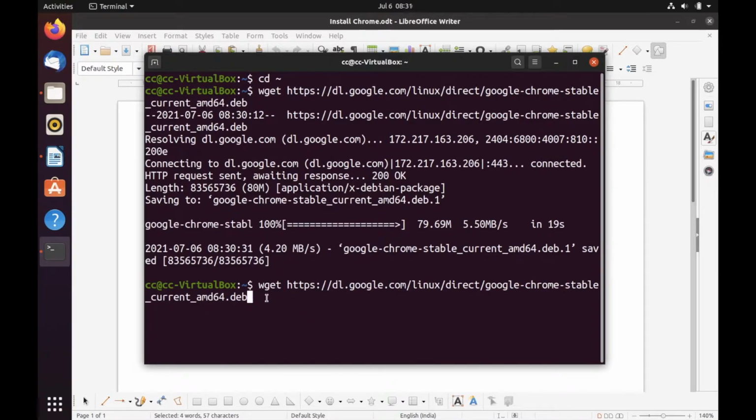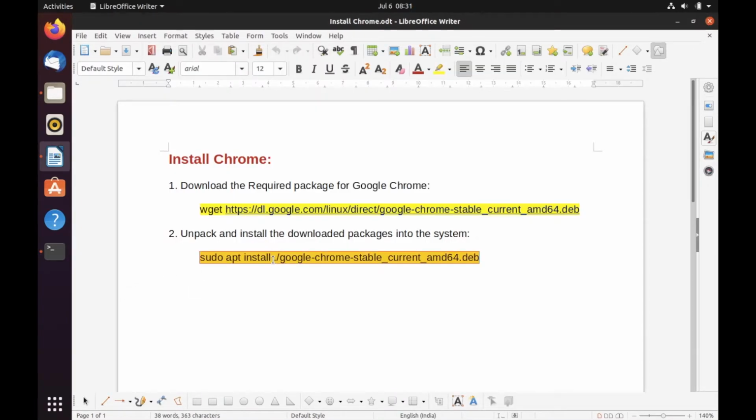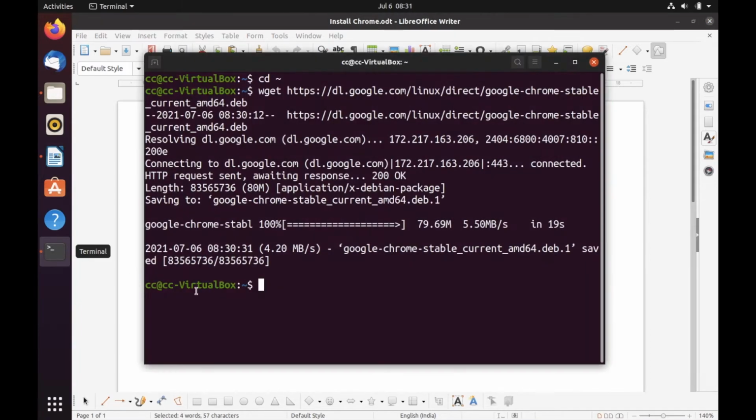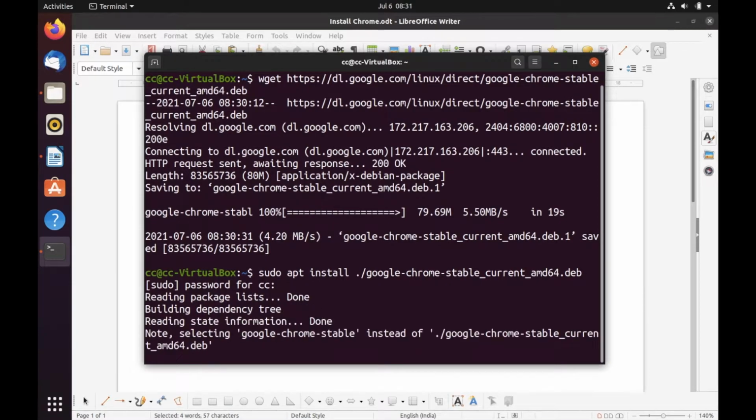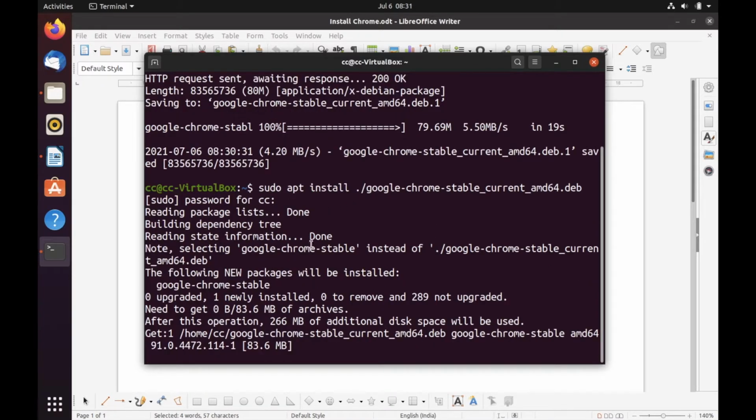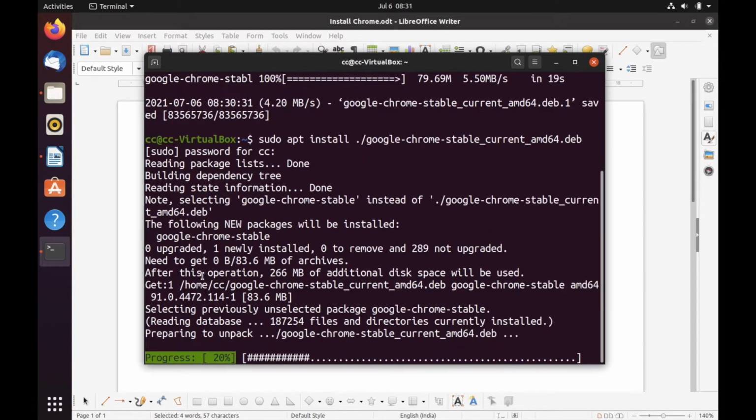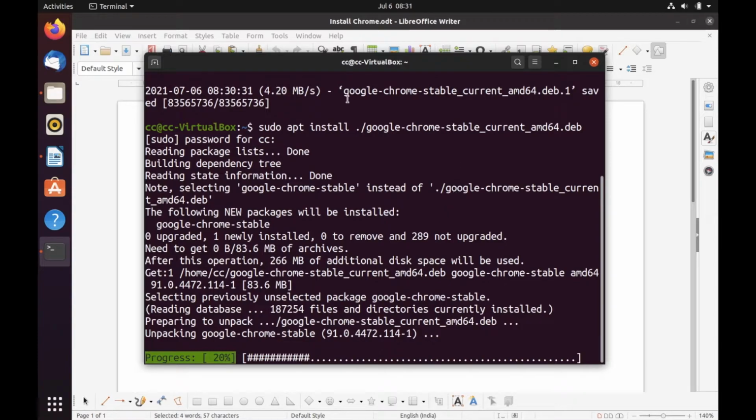Oh, it's asking for my password. And it successfully started unpacking and installing that Chrome browser in my local Ubuntu system.